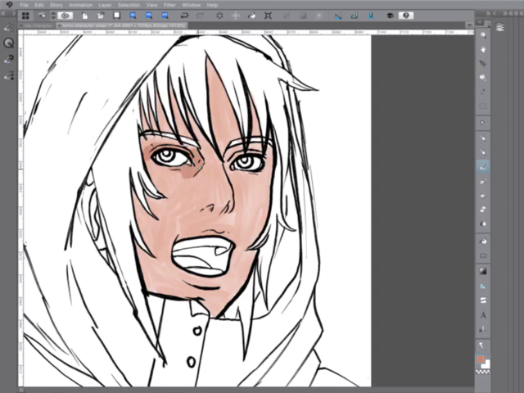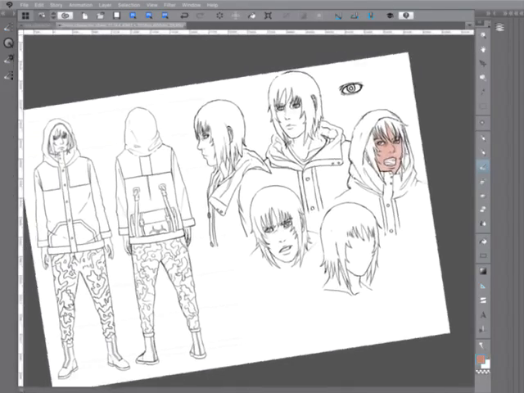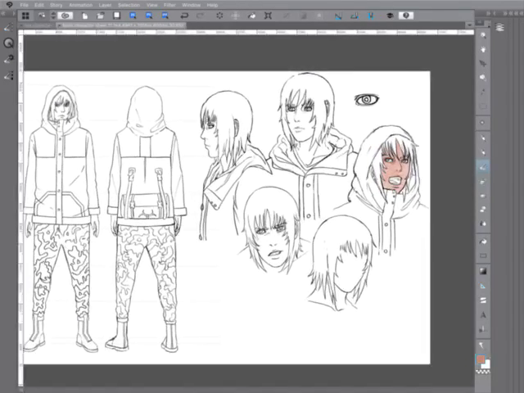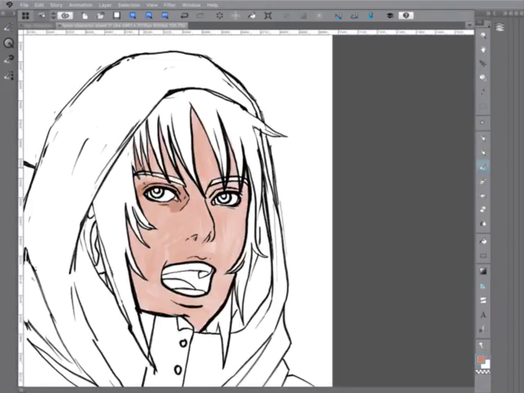So, all I'm really doing right now is working on a character spreadsheet for one of the many characters of the manga title that I'm working on.